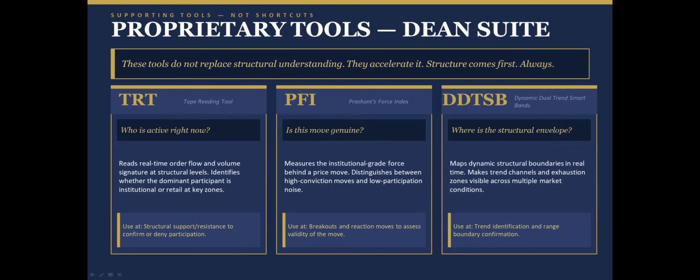Don't buy when prices are in a downtrend and they start moving up. V-shape recovery is successful only 20% of the times. So don't go for 20% odds. Look for 80% odds in your favor. Okay. So TRT will show who is active right now, whether buyers are active or sellers are active.